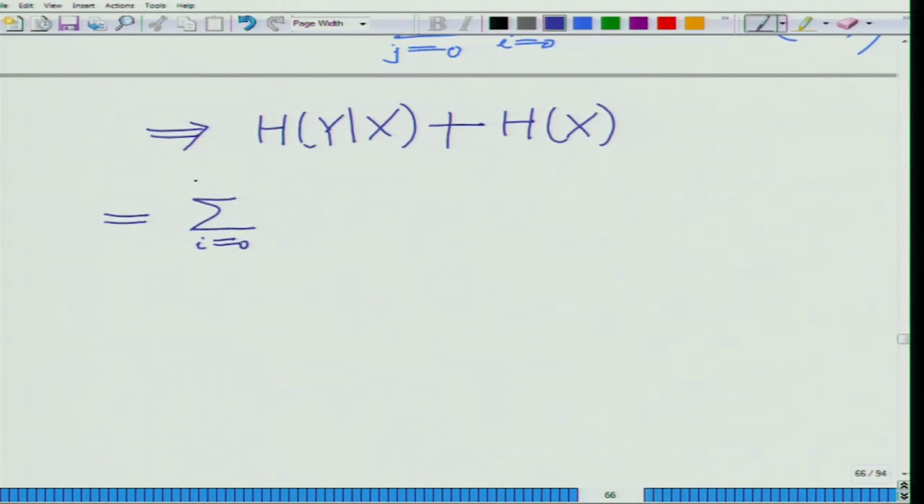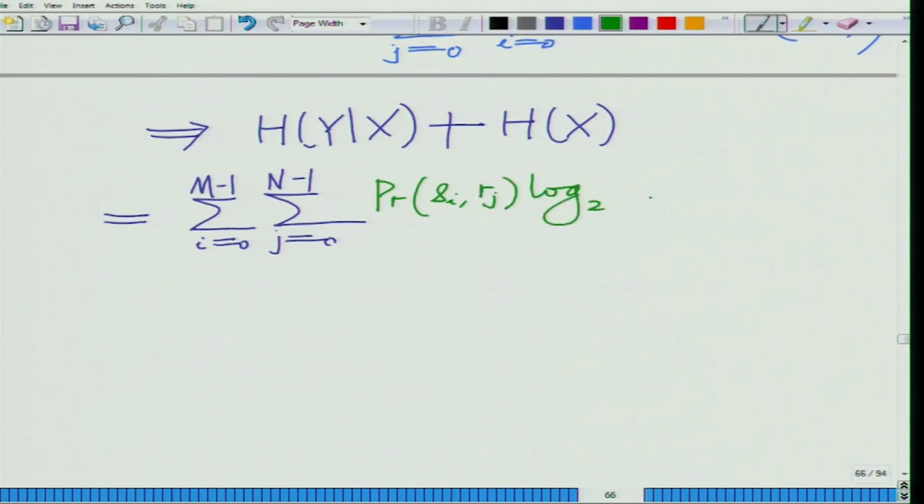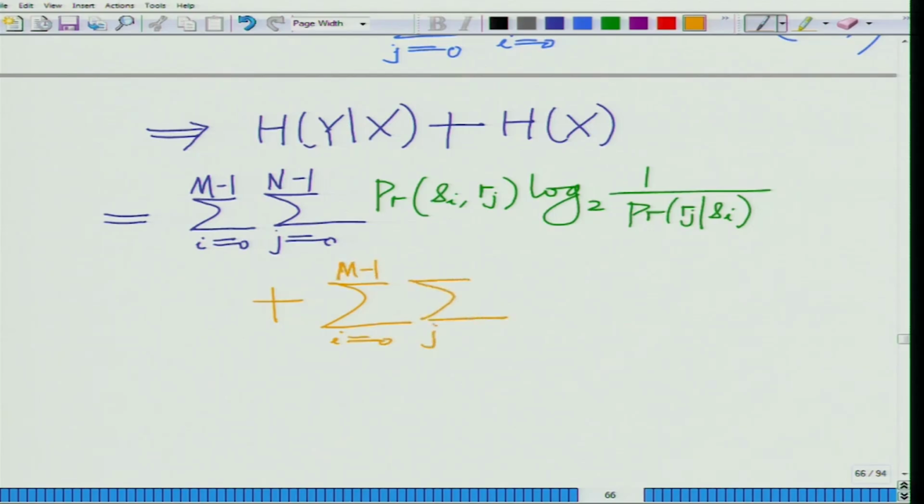summation i equal to 0 to m minus 1, summation j equal to 0 to n minus 1, probability Si comma Rj, log to the base 2 of 1 over probability Rj given Si, plus summation i equal to 0 to m minus 1, summation j equal to 0 to n minus 1, probability Si comma Rj, log to the base 2 of 1 over